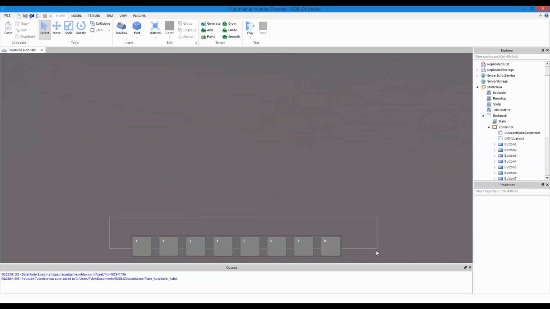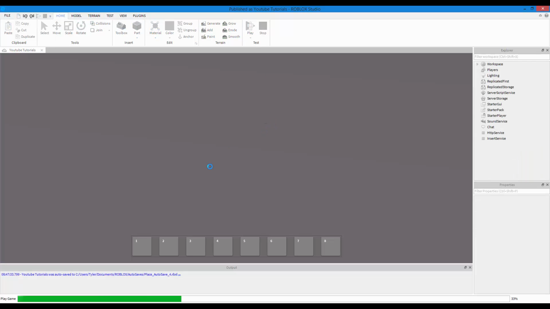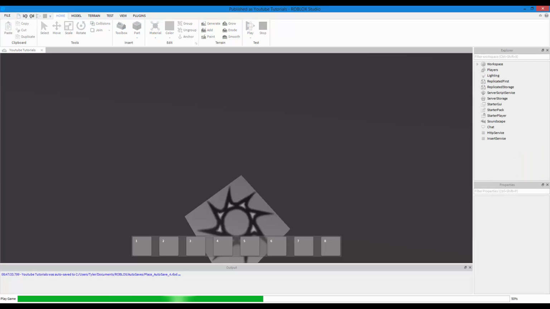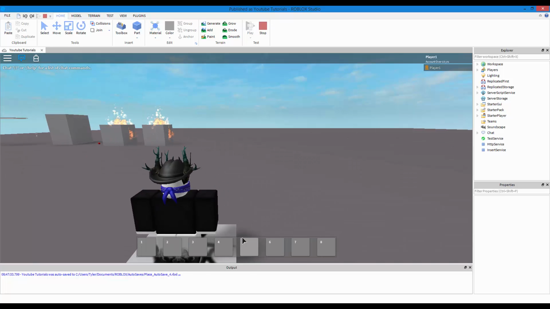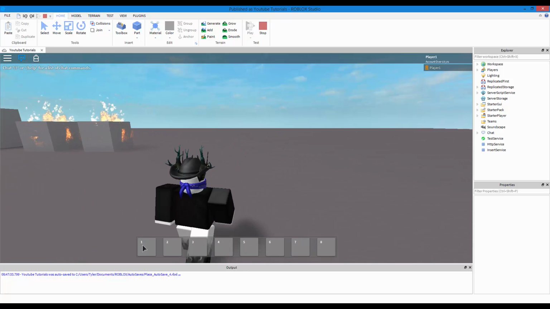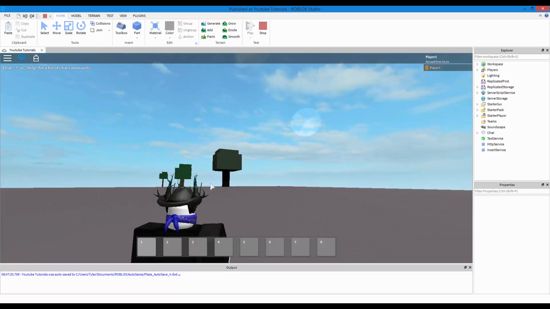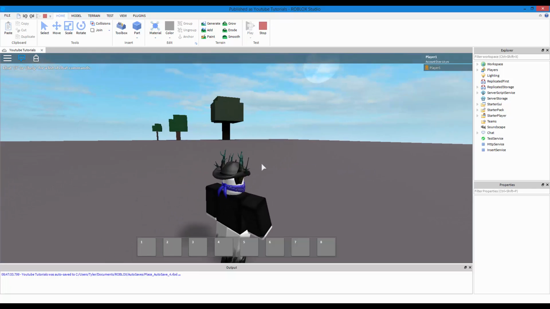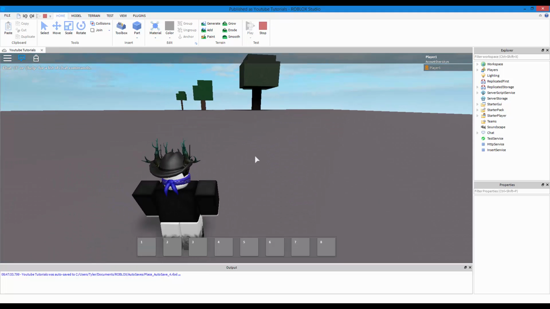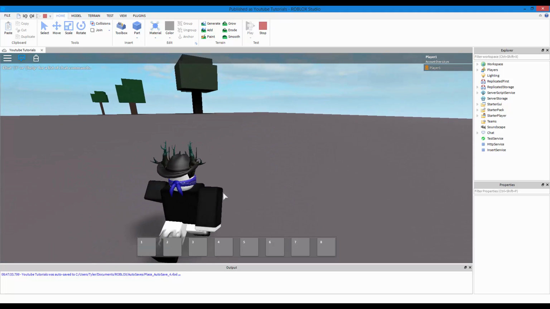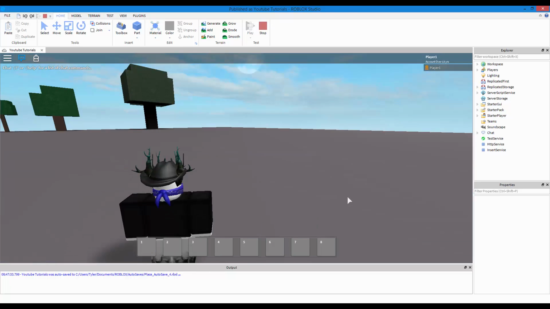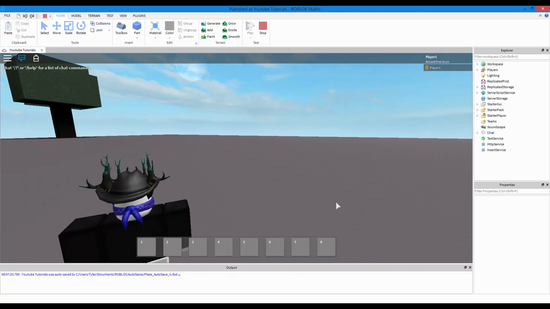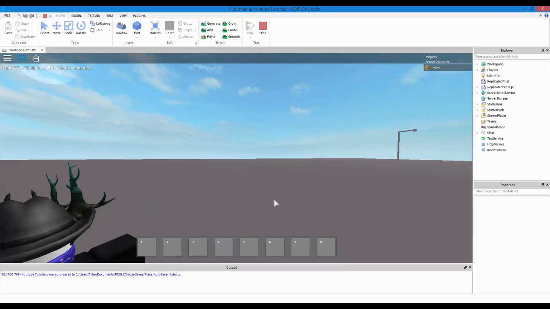I really think this custom backpack is really nice. Now I did start scripting it, like I had said. This backpack, I'm going to make it so you have to be able to press 1. As you can see, I pressed 1, press 1 again, press 1, press 1 again. I'm going to script that, and I probably will make the tutorial today because people are requesting inventory stuff. I don't know how to do inventory stuff. I don't know if you would consider this inventory, but it's more like a backpack.